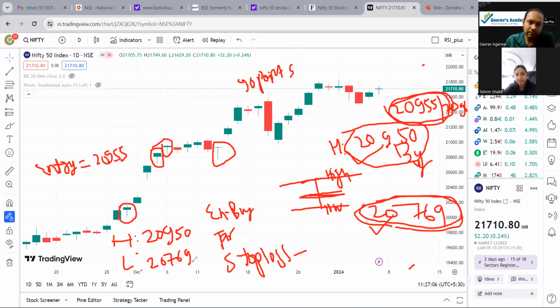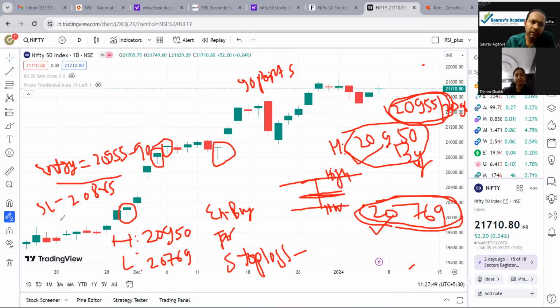Okay, this 90 point is clear. How we got 90 points? So our stop loss will be 90 points from the entry price. Stop loss is always down. Whenever we are in a buying trade, stop loss will always be towards the downside, right? So you have to subtract 90 from 20955. How much will it come? 20865, right? So this will be our stop loss. Is it clear or still any doubt? No, it's clear.